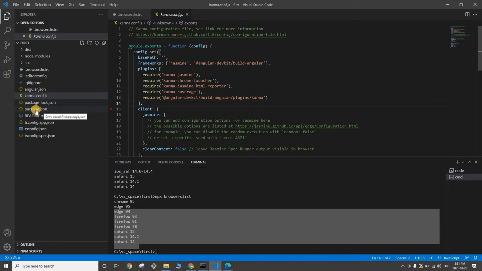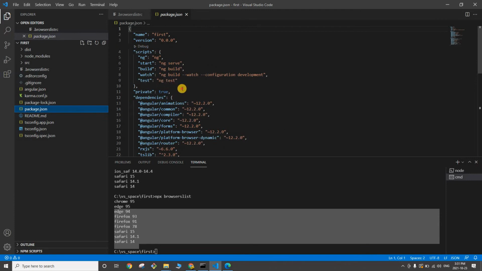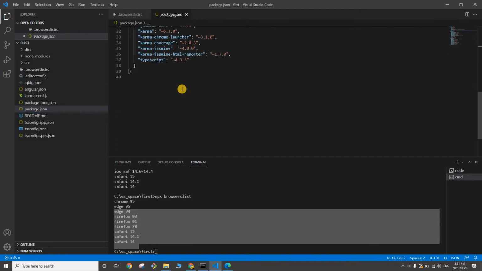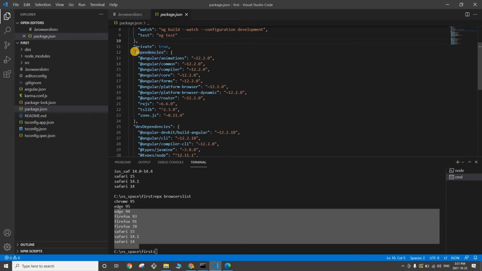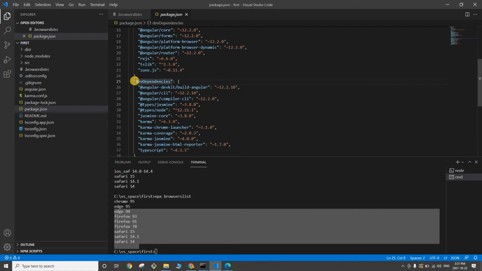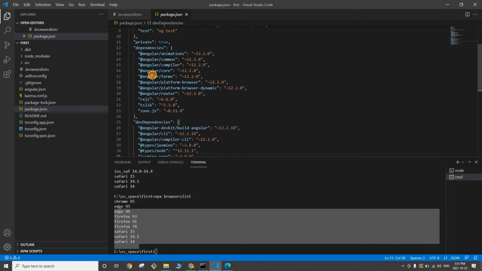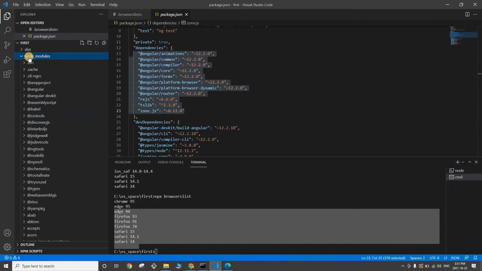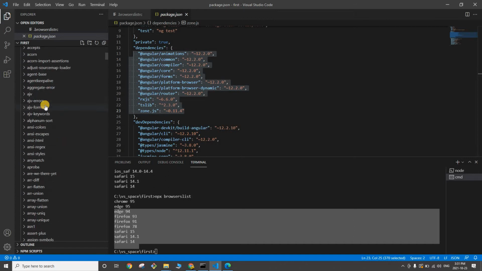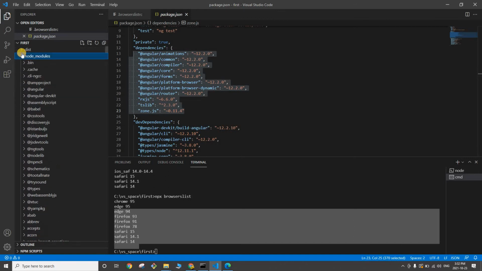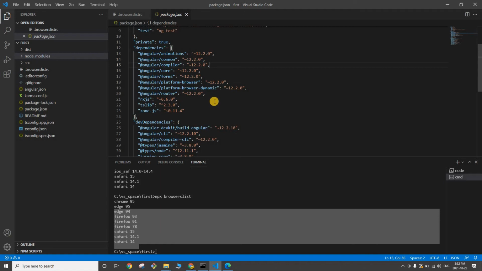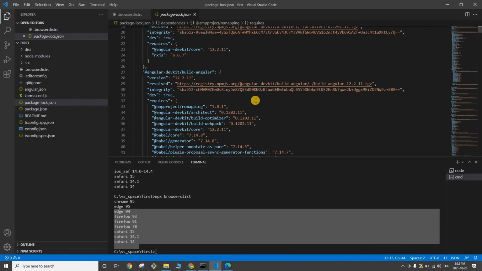Let's go and quickly have a look at package.json file. So this particular file is similar to your pom.xml file where you have all your dependencies, right? So if you see here, there are two sections. One is dependencies. So these dependencies are required at the runtime. And if you see here, the next one is dev dependencies. So you need all these dependencies at the time of the development. Clear? But now guys, you see here very few dependencies. You don't see all your node_modules. You see that there are so many libraries you are using, right? But you don't see those dependencies here in package.json file. So if you go to package-lock.json file, you will see all your dependencies and their version.